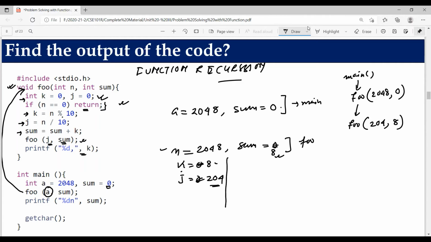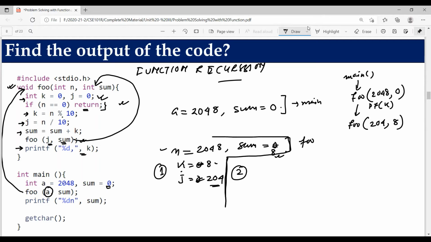So this is the scenario of my first function call. This line is still remaining and needs to be executed. This printf of k needs to be executed here as well, but it is still not executed because from this point program control goes up and calls itself. So this line is still not executed. We'll see when this line will be executed. Now foo gets called a second time, with the values we passed for n. This is my first function call.